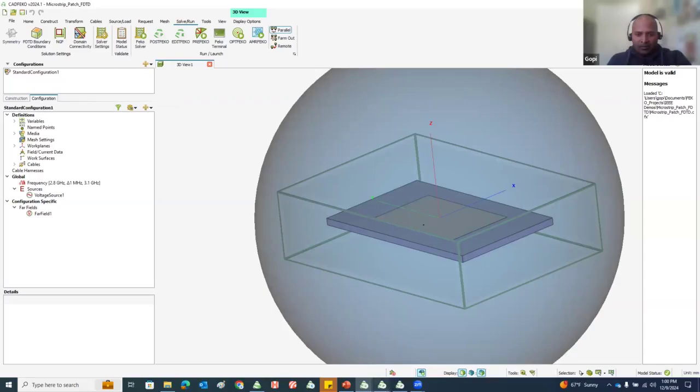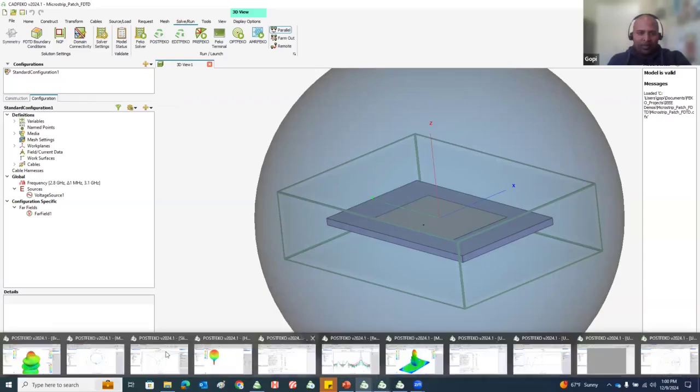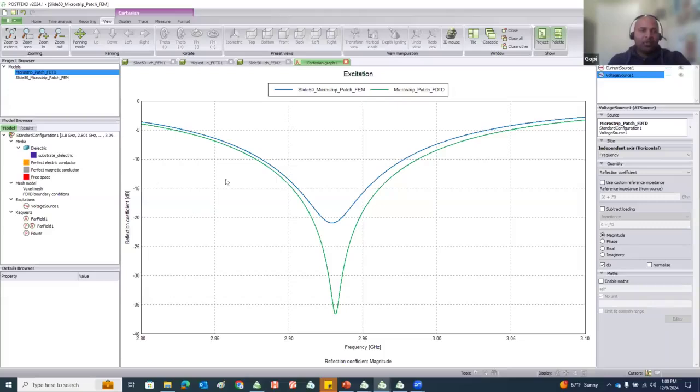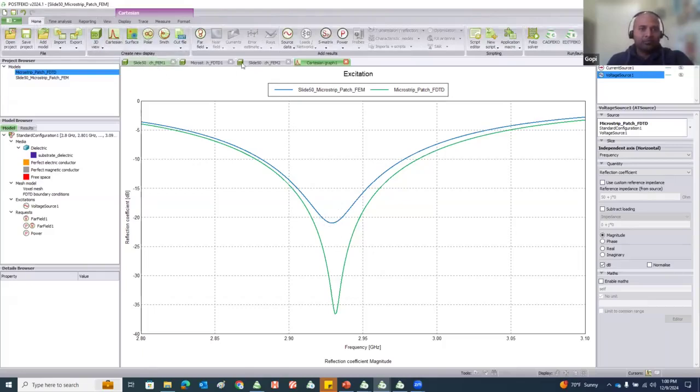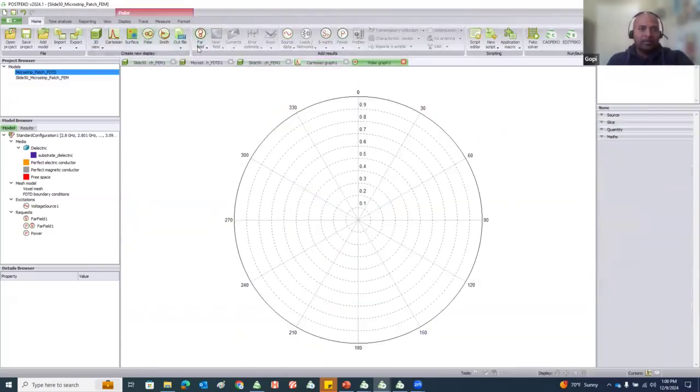Okay. When you solve this same antenna with two different solvers in Feko, you can also do cross validation. So that is another advantage of having multiple solvers within the same tool. You solve the antenna with FEM, you solve the antenna with FDTD, and you can plot the results on the same graph. You can see the resonance is at the same frequency. And even if you look at the radiation patterns,